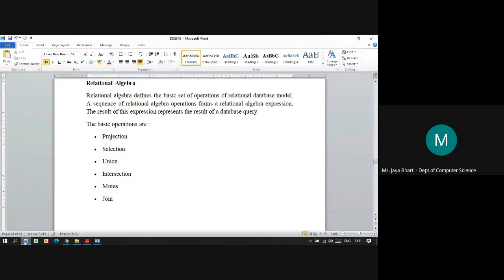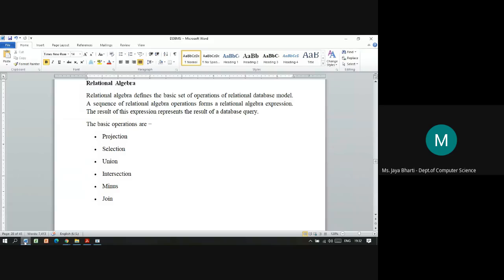What do you mean by relational database model? The data is in the form of relations. And what do you mean by relation? Relation is nothing but a table. So the data is arranged in the form of rows and columns. That is called a relational database model.